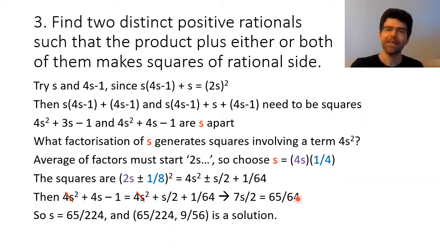So, as I said, it wasn't obvious when we first substituted in s and 4s minus 1 that the double equating method would actually work for us later down the line. But the more one practices with it and works through Diophantus problems, the easier it is to spot when it's likely that the double equating method is going to work. For example, here, when you've played around with it a bit, you see that because we've got 4s squared in the things that we're trying to equate with squares using the double equating method, because 4s squared is itself a square, it's easy to get it to come out of the double equating method and to cancel out.